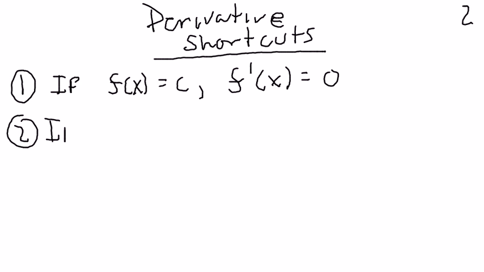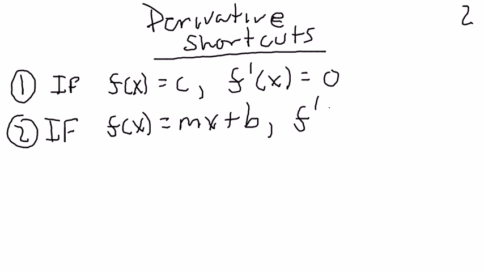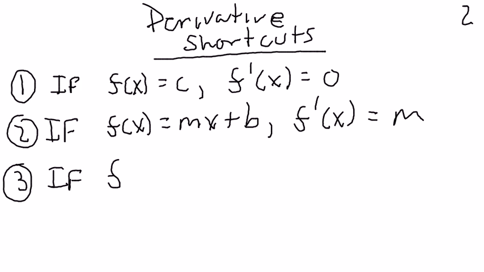If you have a line, y equals or f of x equals mx plus b, recall from algebra 1 that the slope of that line, f prime of x, is simply the slope m. And finally, the $1,000,000 rule that we love to use is that if f of x